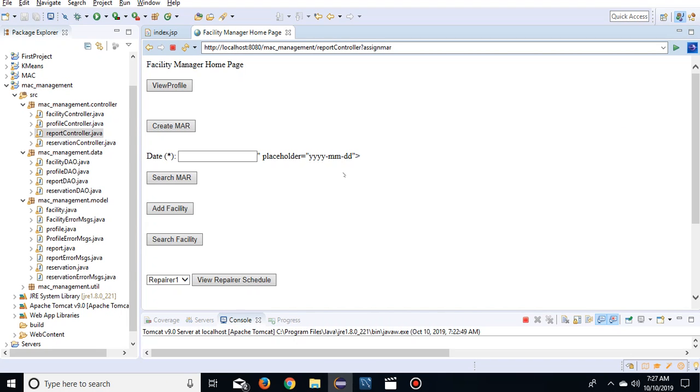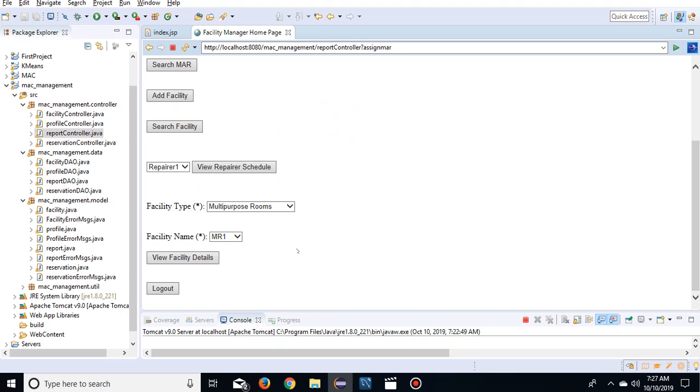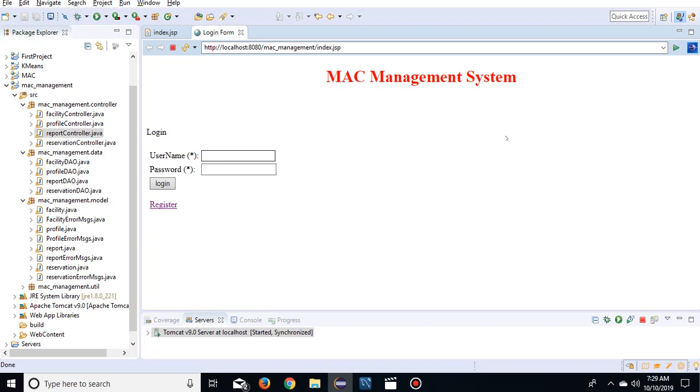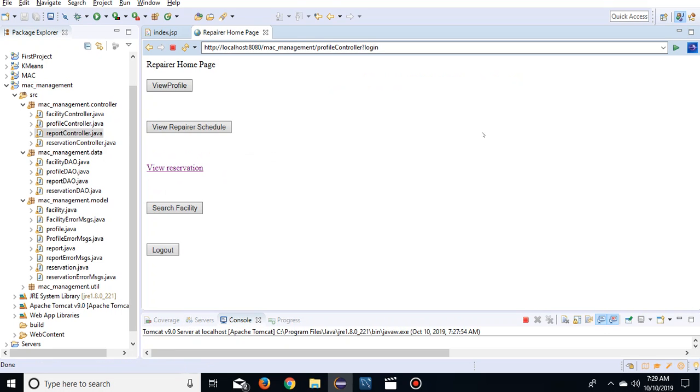Let's go back and now let's log out the user, the facility manager. So let's log in as the repairer 1 to whom the MAR was assigned. Repairer 1, his password. Let's log in. There you go, that's the repairer's home screen. You can see he has the following options: view his own profile, view his own schedule, view reservations, search a